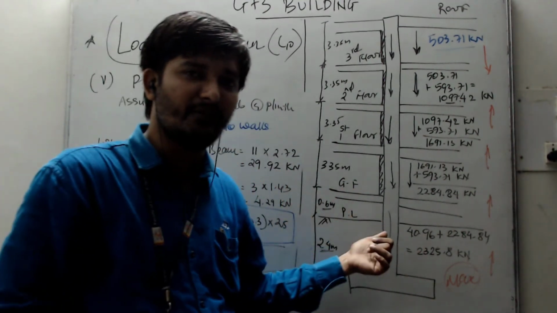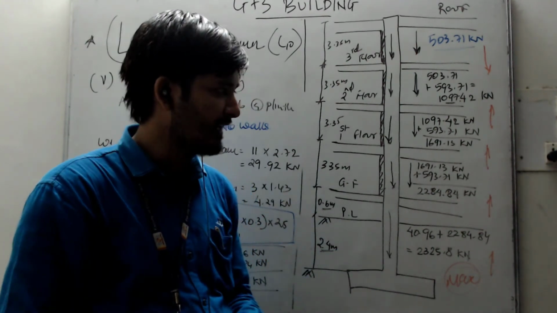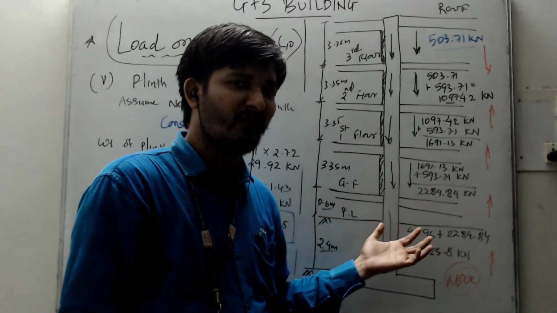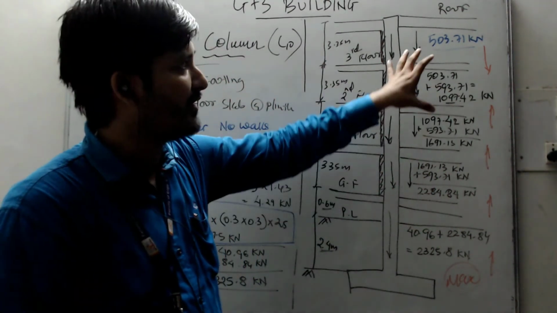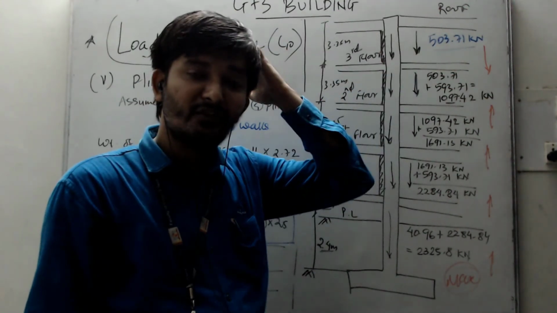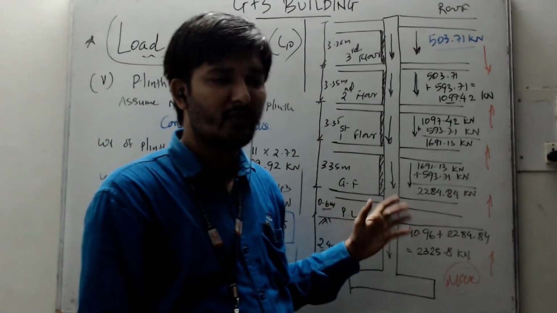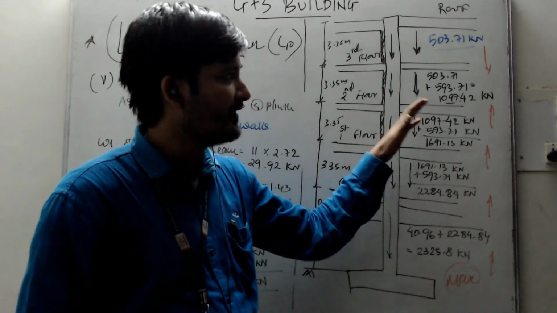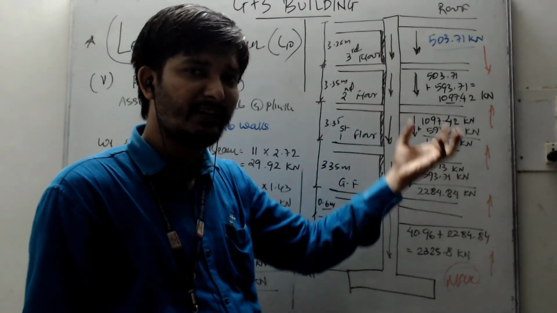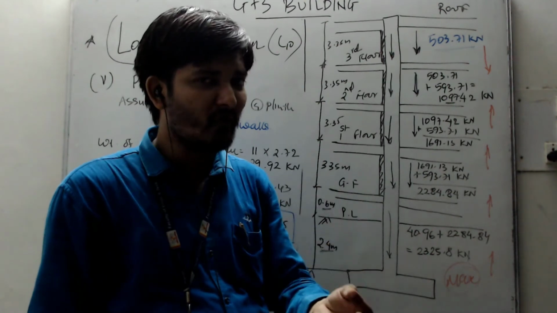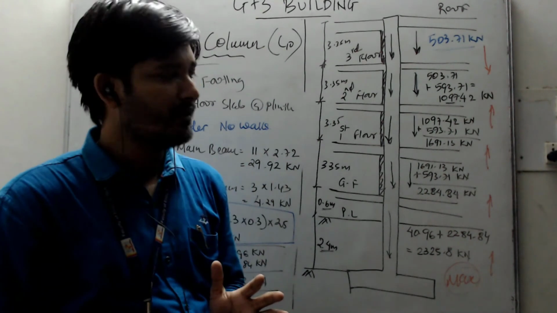So this is what you see on site also. This is a practical tip I am giving you. If you go on site as a structural engineer, and you are doing the design, you can observe this phenomenon. In some cases you will find more load at the top because of the earthquake load or wind load, but in general if you are doing the calculation for dead load and live load only, this will be the case. As you go on top, load will be reducing, and so you can reduce the size of column, or reduce the grade of concrete, or reduce the amount of steel to be provided, right?